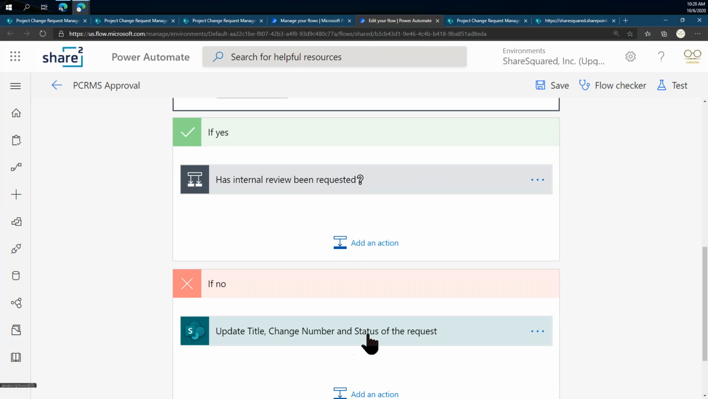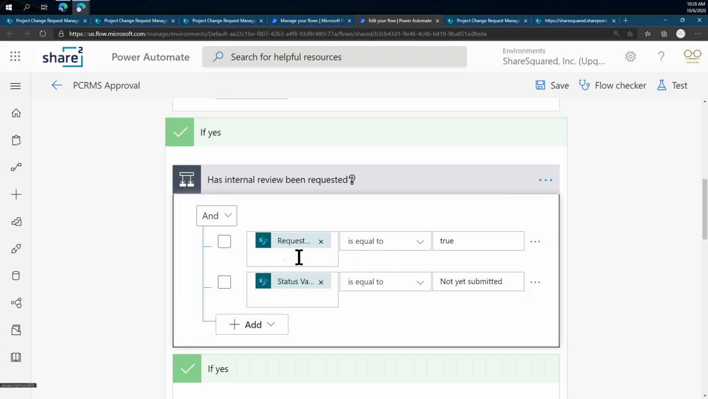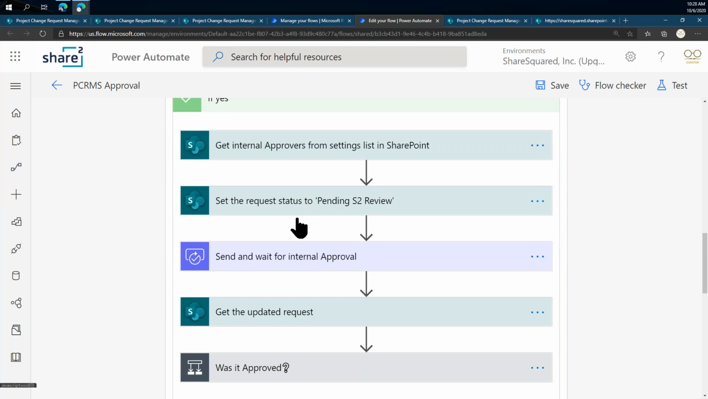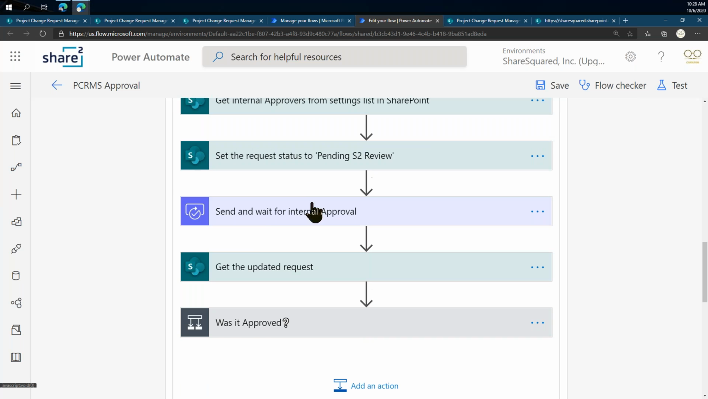We set the title and the change number the way we want it to be. We also set the status to this is a new request. The user changes the status to, well, they set request internal review to true, and if that is true and the status is not yet submitted, then we start an internal approval. We set the request status to pending review, and then we send an approval and wait for it